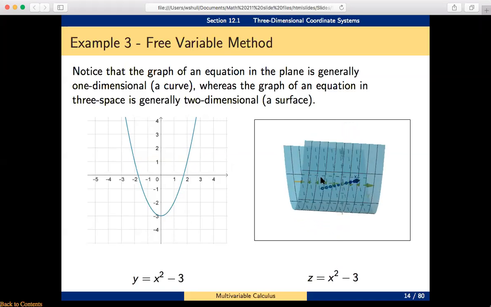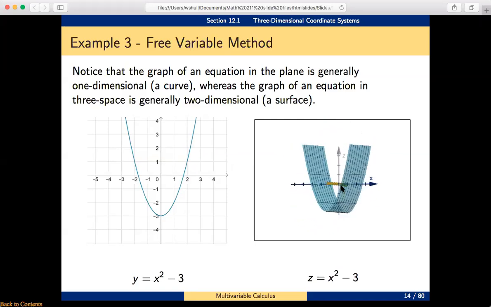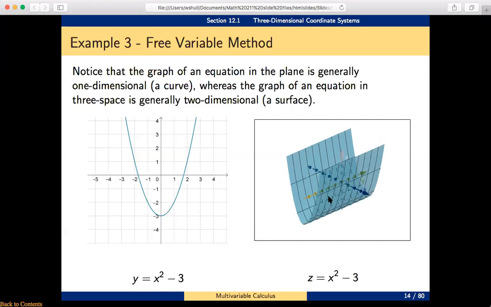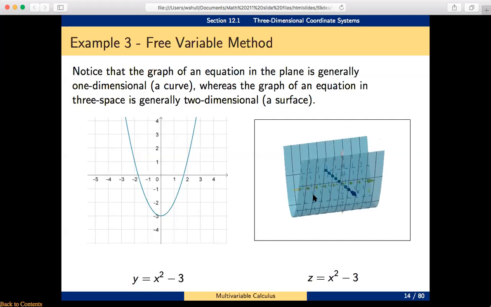But of course, rotating it any other way, we are going to see